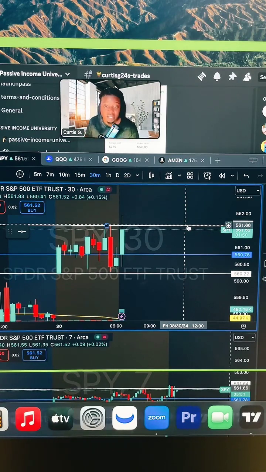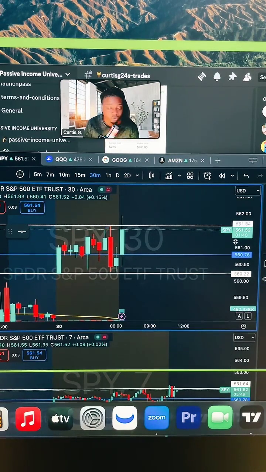Okay. Now I'm looking at September 3rd expiration. Of course, if you're new to my TikTok, I typically focus on scalping. So I'm not much of a day trader or a swing trader. Every now and then I look for swing trades. Every now and then I look for longer day trades. But for the most part, I'm a scalper.